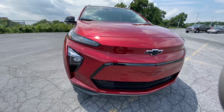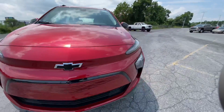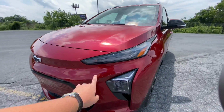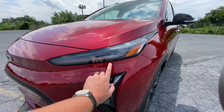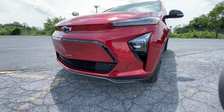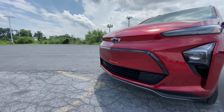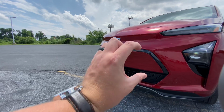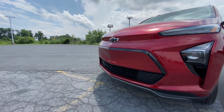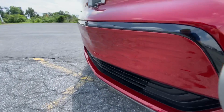It is an entirely new redesign for the Bolt and Bolt EUV. Chevrolet is going with the whole trend with the thin LED daytime running lights, and then you also have your regular headlights down below. Being an EV, you really don't need much of a grille, so that's why you have this big red plastic piece right there with a little bit of groove design to go with it,